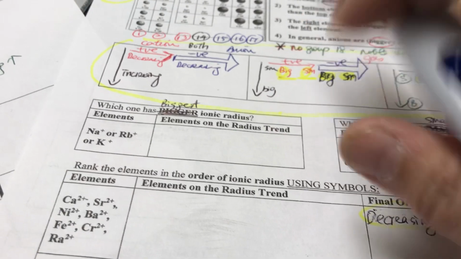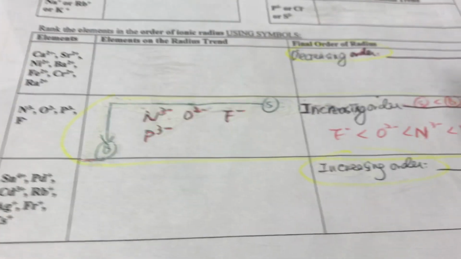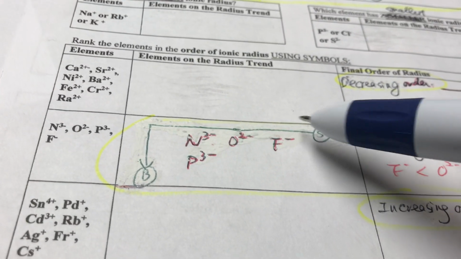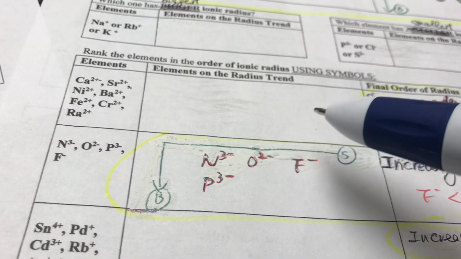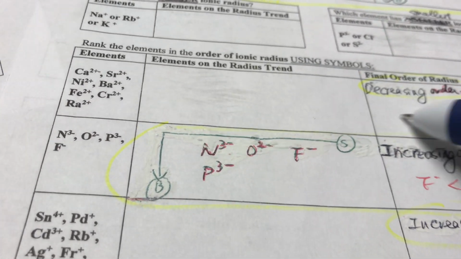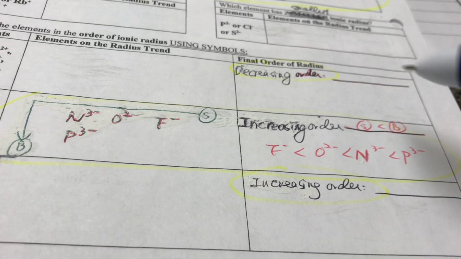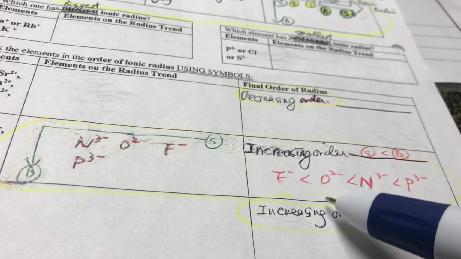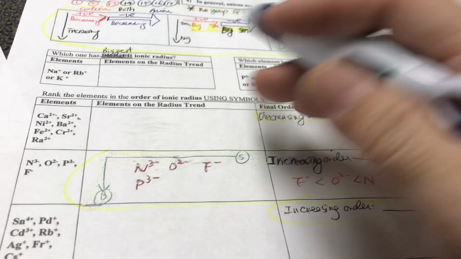Here, this is the same thing as before. You only compare cations with cations, and anions with anions. In this case, your trend will be the same as atomic radius. So you can ignore the chart for this worksheet. You just arrange them the same way as the atoms, but of course, you have to include the charge. For example, here I only have negative charges, I don't have positive charges or neutral atoms. So I just arrange them in increasing order, from small to big, and then we put the elements on that. Don't forget the charge. Because it's increasing order, we go from small to big. So it will be F minus smaller than O2 minus smaller than N3 minus smaller than P3 minus. So in this worksheet, you are going to arrange